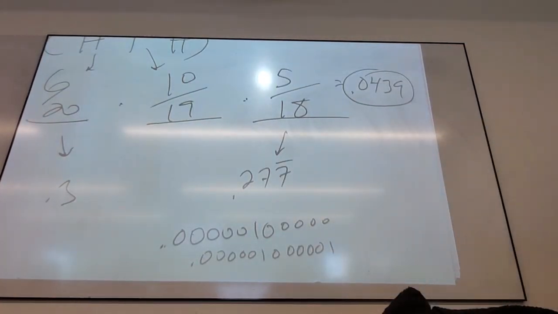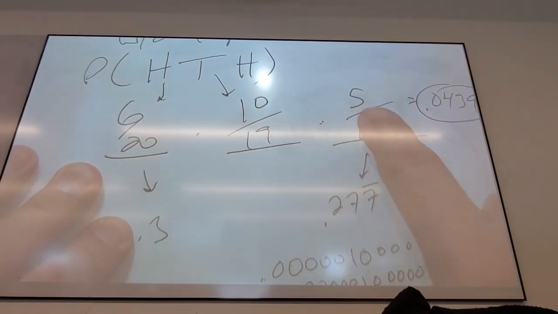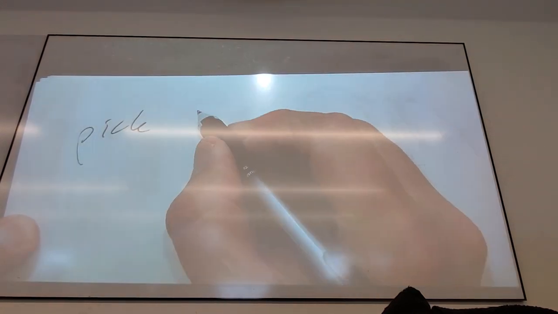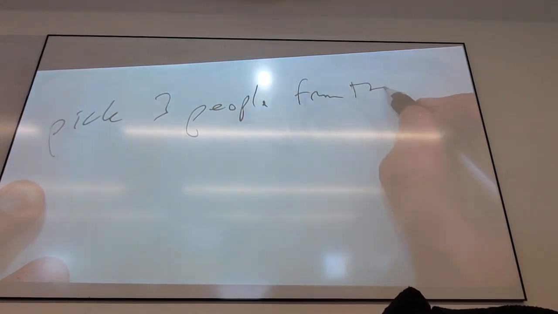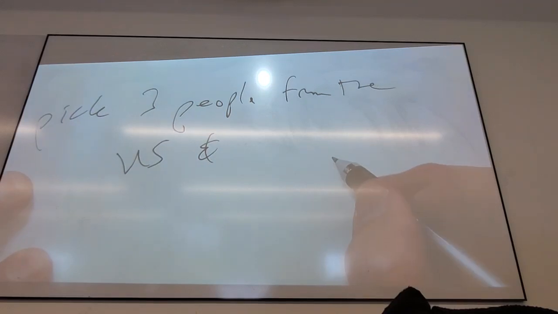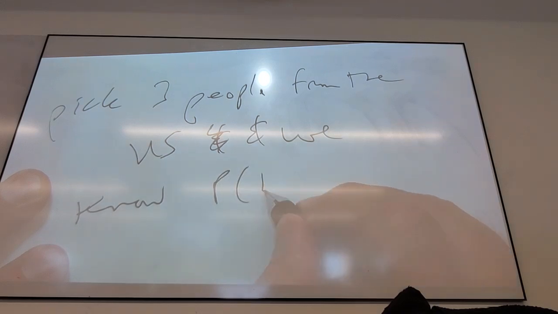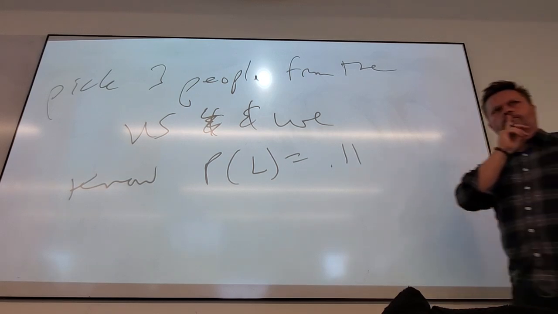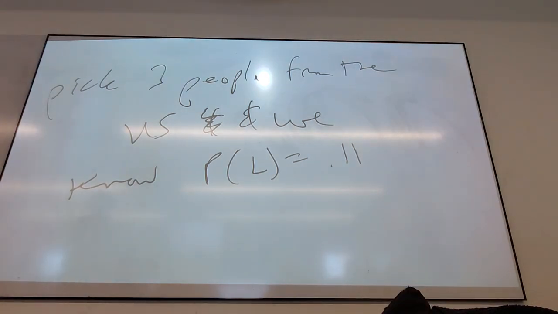So, when I have a very small population, I do it exactly like this. I track how the probabilities change. Yes? If I have a very large population, so let's say I pick 3 people from the US, right? And I know the probability that somebody's left-handed is 11%, yes? You guys with me? Every time I check, it's still about 11% is the estimate for the percentage of left-handed